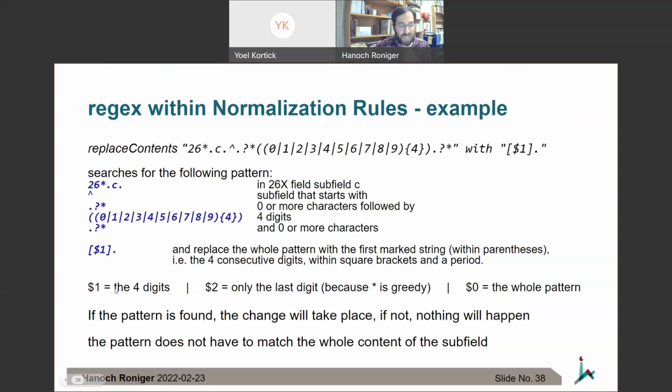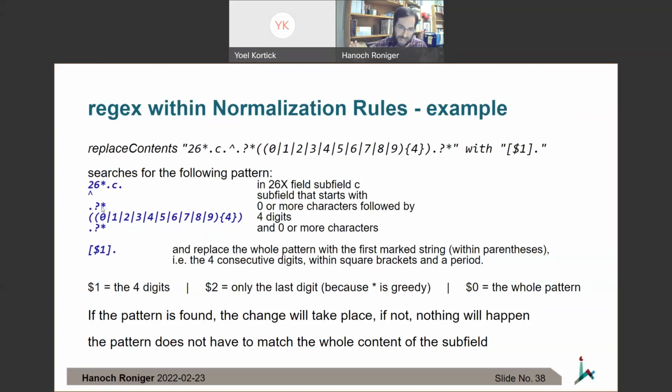And just so you know what each thing here would do, the $1 would be the first thing in parentheses, so the 4 digits. The second, $2, would only be the thing within the second one, so 1 digit, but